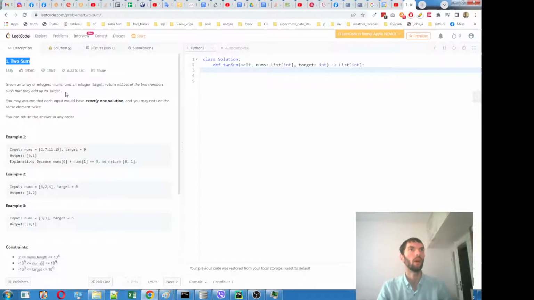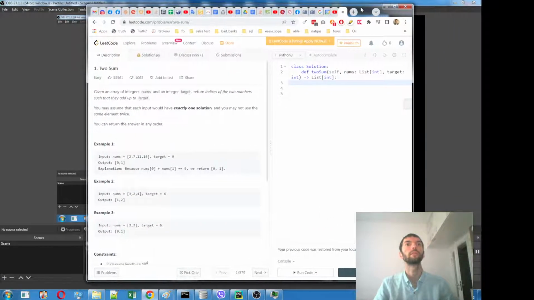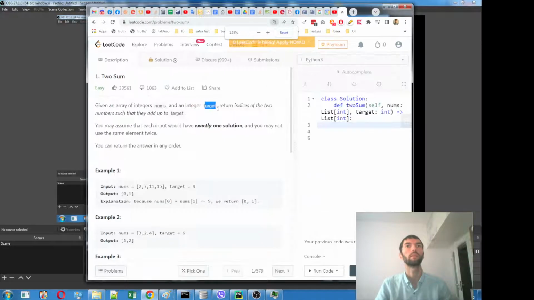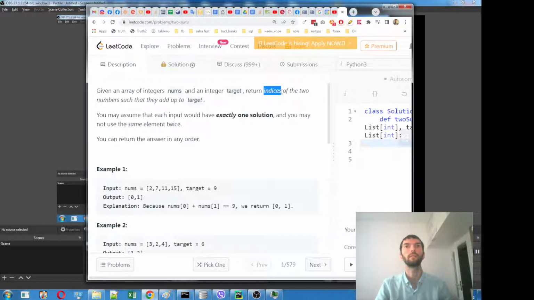So what is this problem? The problem is: given an array of integers, nums, and an integer target, return the indices, the zero index, first index, second, third, the position where the number is found, of the two numbers